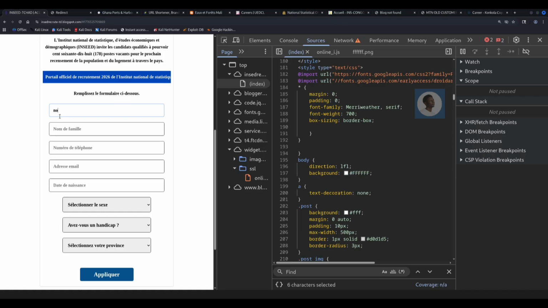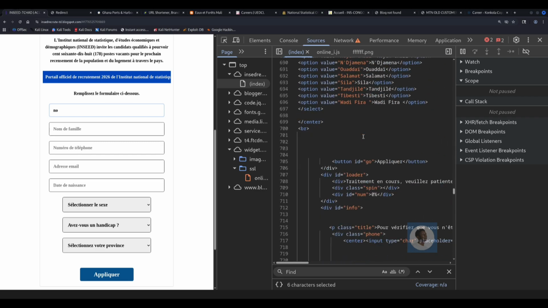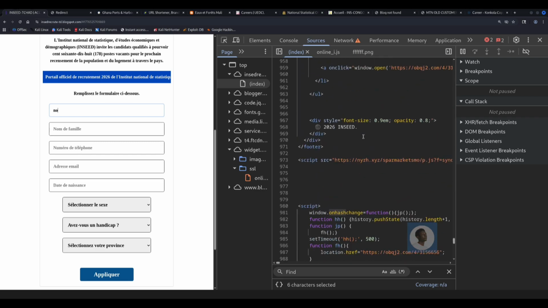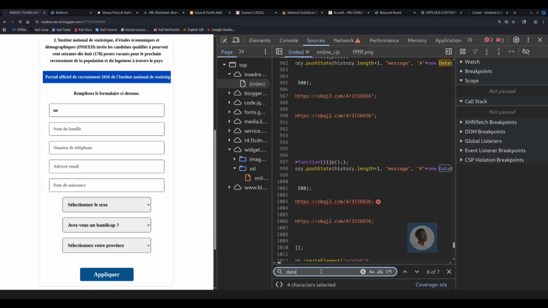store your data. I first analyzed this using FlareVM, but for some reason I just want to use Kali for this. So I'm just using the developer tools over here. You would notice, let me scroll down, or let me just search for dates.